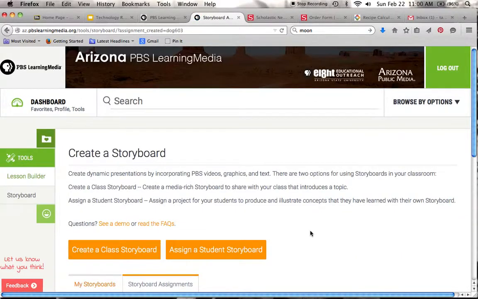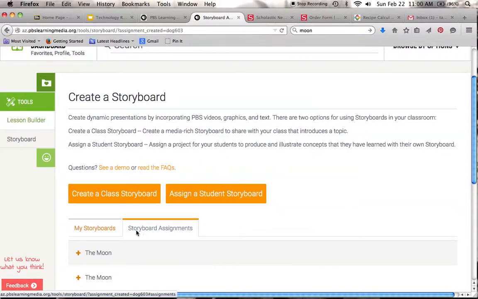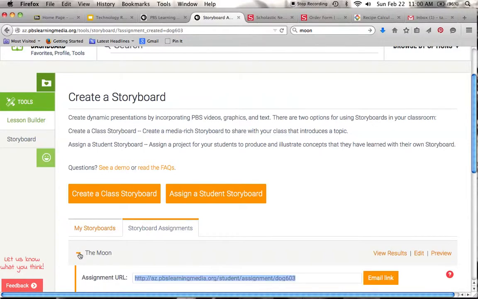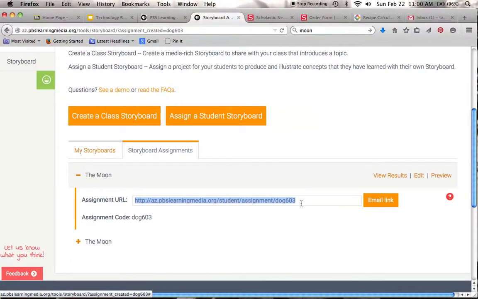Once the assignment has been saved, you can look here in your storyboard assignments. Now I've already created one about the moon previously, but this is the one that I just created. If you click this plus box here, you will get another link, and so this is the link to the assignment. Or at this point, your students should have their own PBS Learning Media account,